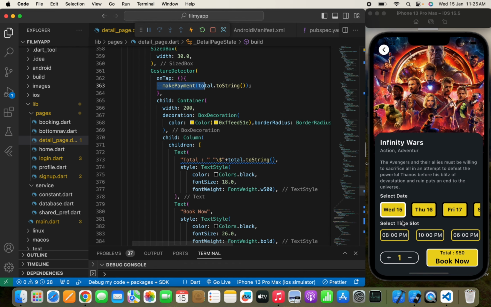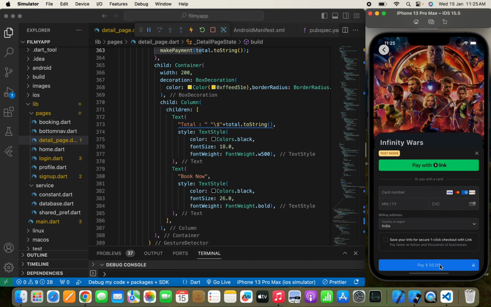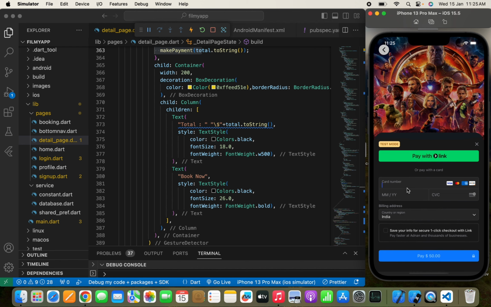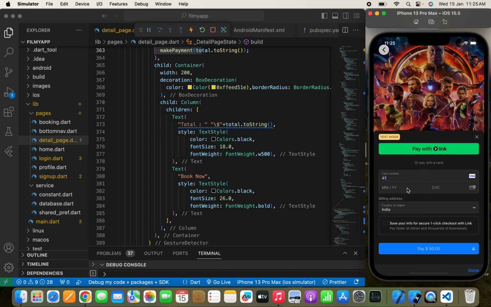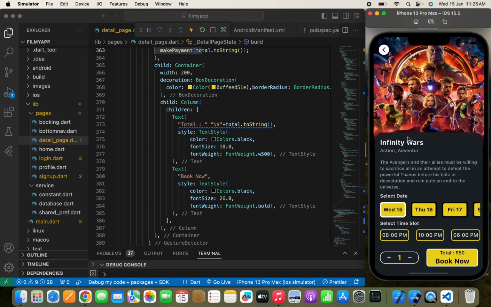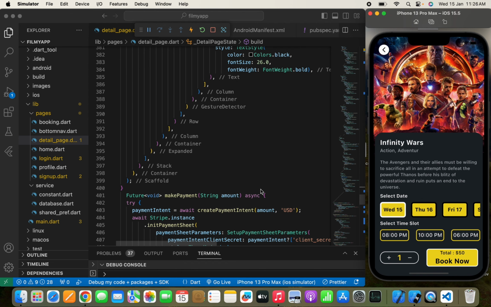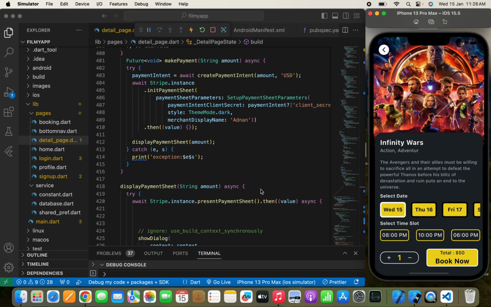Now I'll show you that once you have written all this, when I tap this book now button, you will see how the Stripe payment gateway is going to work, and I just need to pass a test card number which is 4242. You need to type it 12 times. 12 times, I think, 12 digits, not 12 times, 12 digits will be there, and a random year you can pass and a CVC code. Now click on the pay now button, and as you can see, the payment has been successful and we have successfully paid through the Stripe payment gateway. Yeah, so our Stripe payment gateway is working brilliantly,